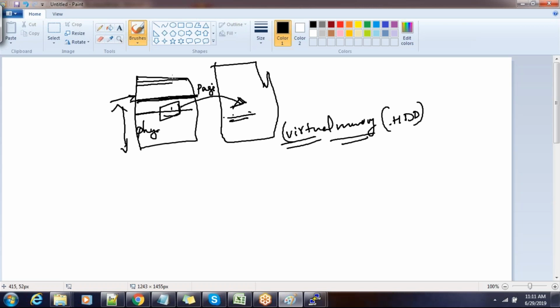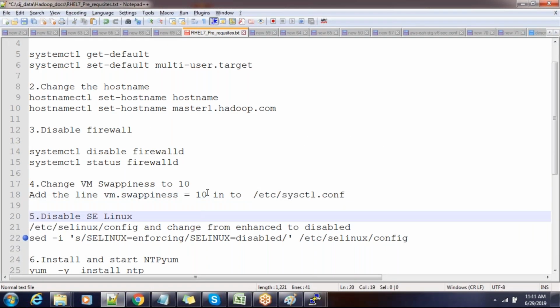If you set VM swappiness to 10, think of it as a scale of 100. Swappiness 10 means when the available memory becomes 10, that is, 90 percent of the memory is used, then start using virtual memory. In the initial days, Cloudera and Hortonworks recommended using 0, but then a lot of problems started appearing, so they changed the recommendation back to 10.